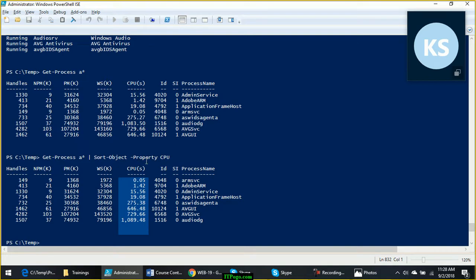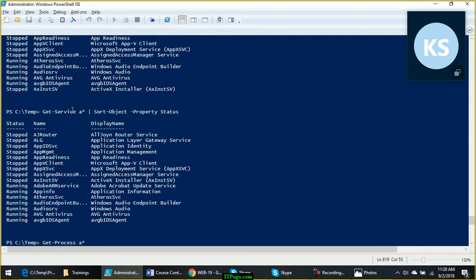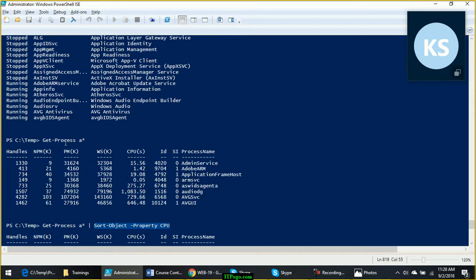Now think about it. This Sort-Object commandlet, no matter what type of object is coming from the previous command, is still able to process it. That means this commandlet is not bound to any particular object type. It can take input from Get-Service, from Get-Process, from any other commandlet.